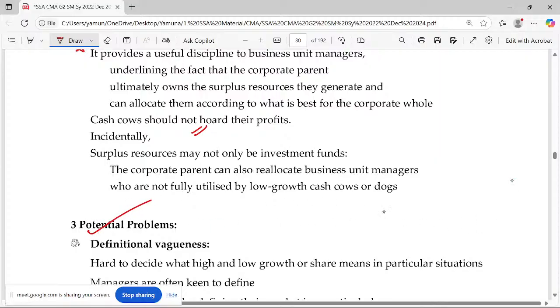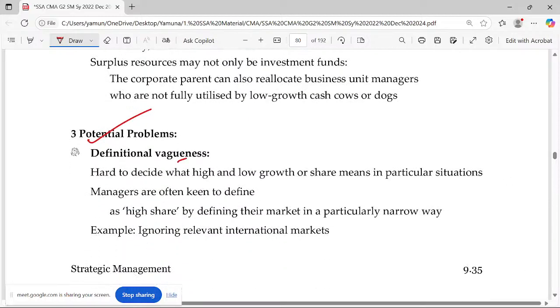Even so, we'll talk about the potential problems: definition, vagueness. If you say high and low growth, in some particular situations it's okay. But what do you mean by high share? See, our law says we cannot have a monopoly status. If we talk about monopoly, the government is regulating this monopoly status, so you cannot talk about high share. So what do you mean by high share? That's the first thing. And second, we are not in a globalized environment. You're talking about the Indian environment because you're not considering international market needs. How can you say high share? This is again a problem. So there is no particular definition for this.